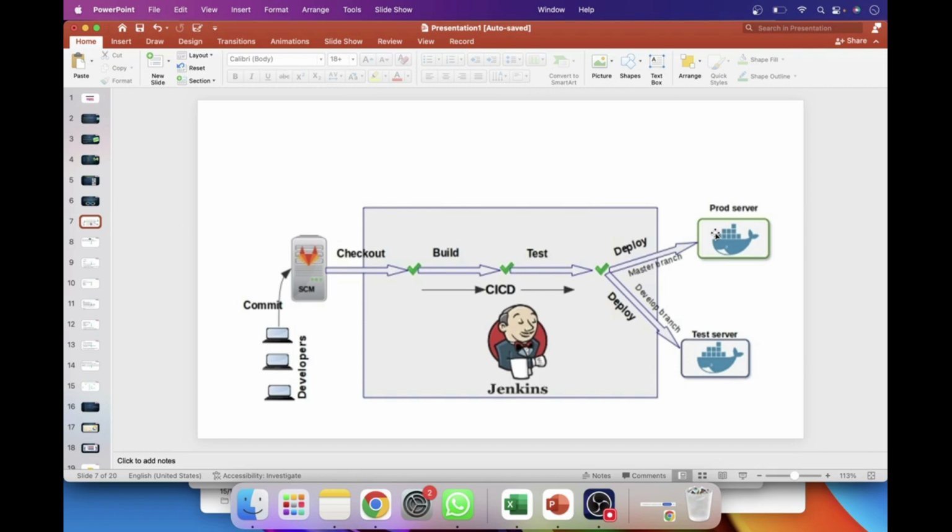जब मैं उस चीज़ पे आऊँगा तब उस पर डिस्कस करेंगे। पहले मैं आपको ये बता दूं कि अभी जेनकिंस हम क्यों यूज़ कर रहे हैं। ठीक है, वो तो मुझे बहुत कम समझ में आया, लेकिन ठीक है सर, प्लीज कंटिन्यू। यूज़ इसलिए करते हैं सी आई सी डी पाइपलाइन के लिए, पाइपलाइन क्रिएट करने के लिए। अब यहाँ पे ये नहीं है कि हम पहले डेवलपर का वेट कर रहे हैं, वो बिल्ड करेंगे, फिर बिल्डिंग टीम होगी, फिर टेस्टिंग टीम होगी, फिर डिप्लॉयमेंट टीम होगी। वो सब टीम खत्म हो गई हैं। ओनली डेवॉप्स पर्सन ये करेगा।